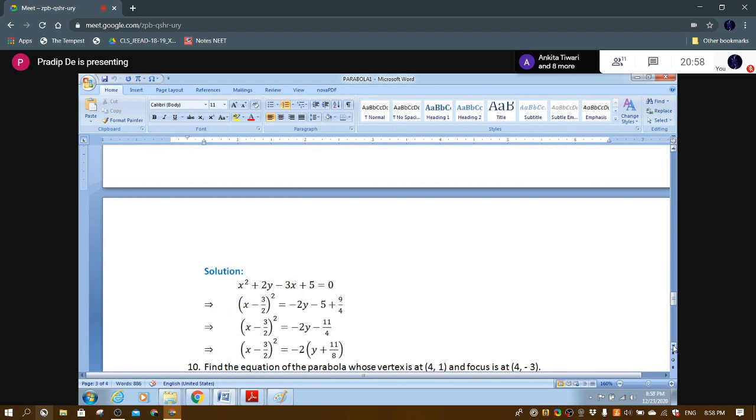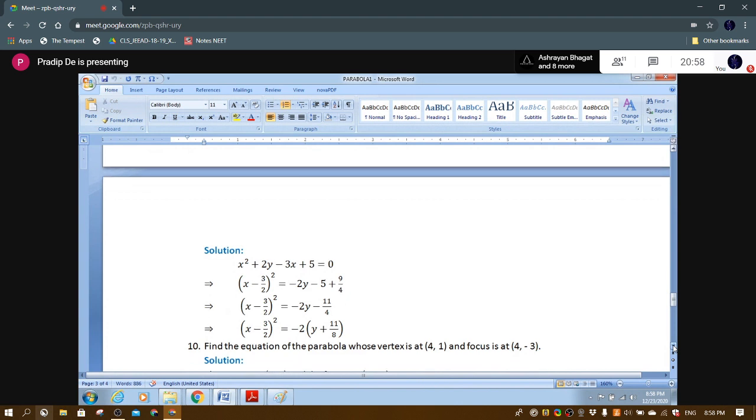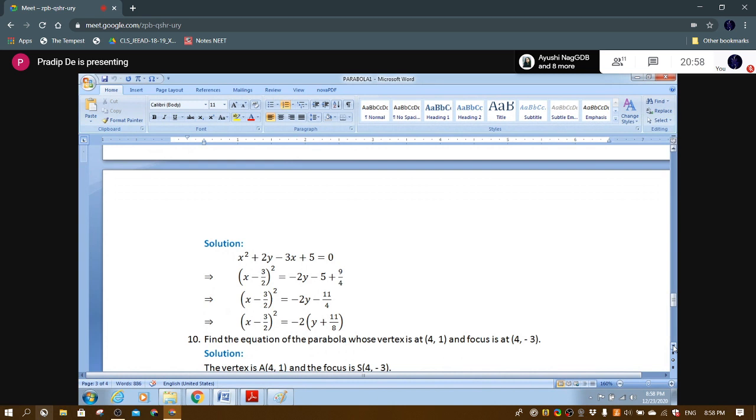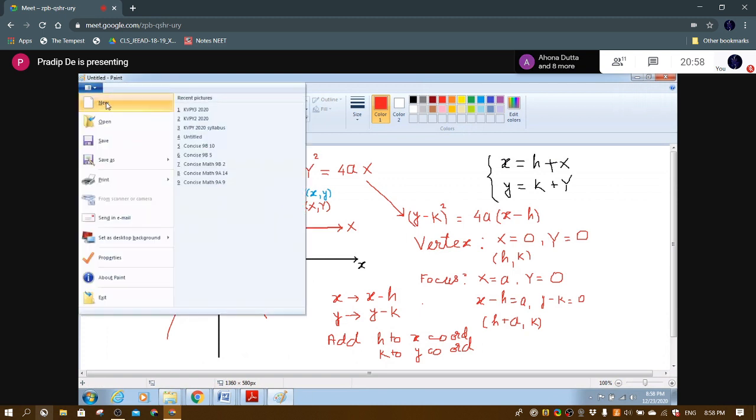I take one more problem, another application, because we don't have much time left. Find the equation of the parabola whose vertex is at (4, 1) and focus at (4, minus 3). Imagine there are 2 points, (4, 1) and (4, minus 3). So again you have to go back to the diagram. Vertex (4, 1), focus (4, minus 3). Remember,